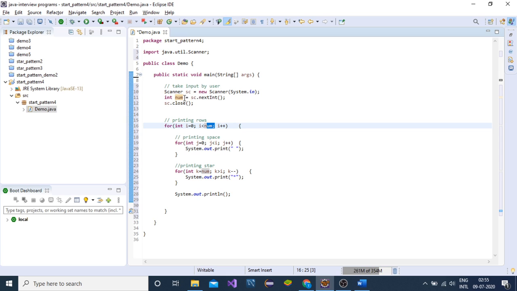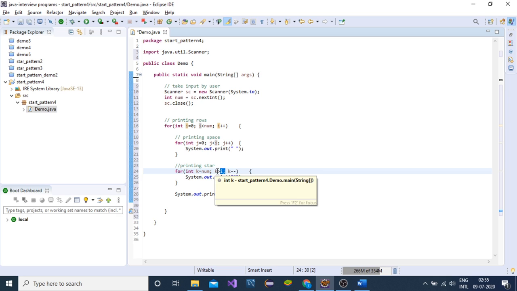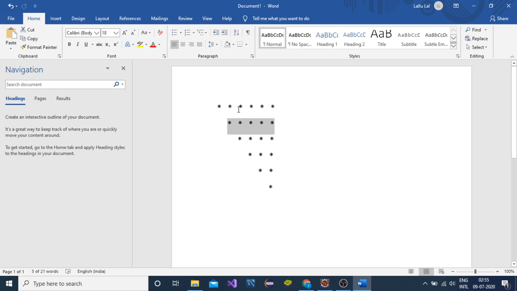If we pass num equals 6, the value of i will be only 5: 0 1 2 3 4 5. So for i equal to 5 at the last, k will be 6, so it will run just once, and here is the pattern: 6 5 4 3 2 1.